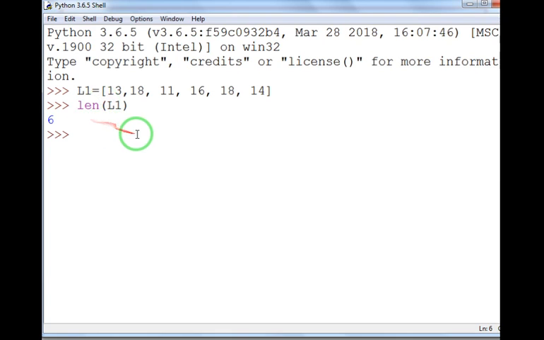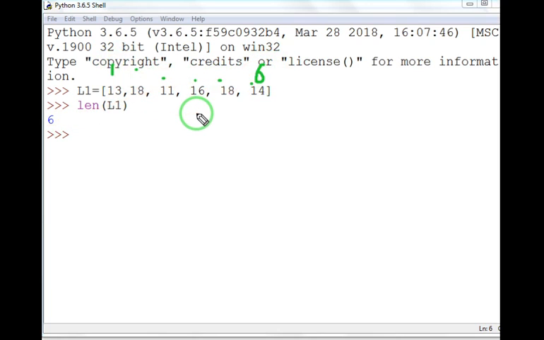Next we will be doing count, but before count, let me tell you the use of the len function. The len function is used to count the number of elements. About len I have already told you earlier also. Counting is 1, 2, 3, 4, 5, 6, so there are 6 elements.